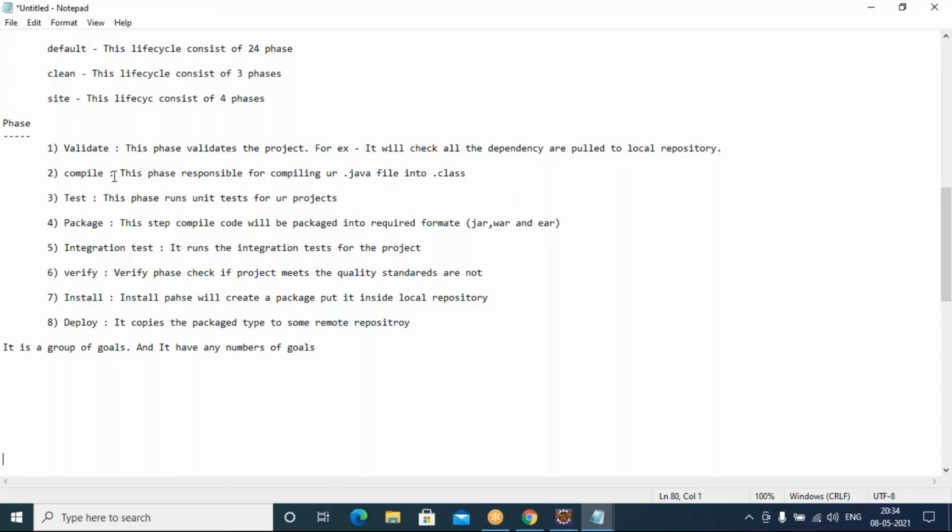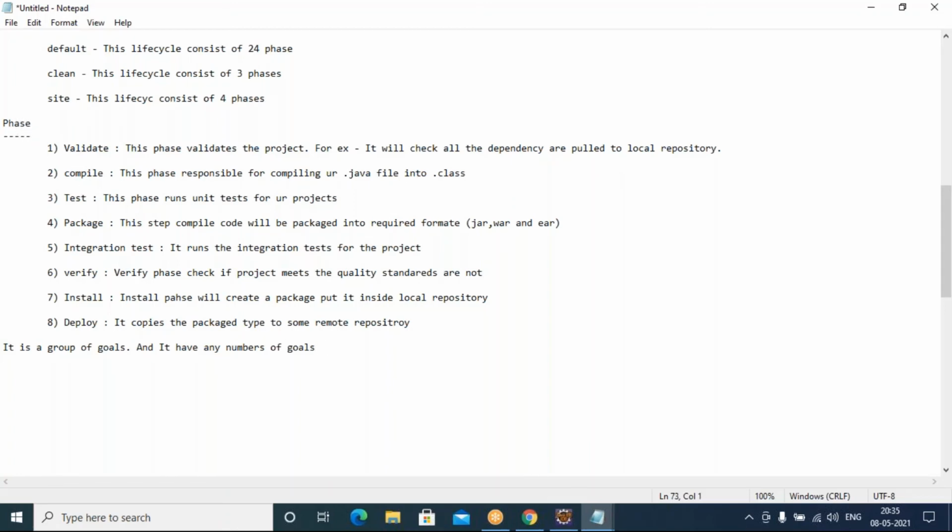The test phase, compile phase, all these phases have some goals internally associated. Your life cycle will have phases. A number of phases is nothing but a life cycle. A number of goals together are called a phase.